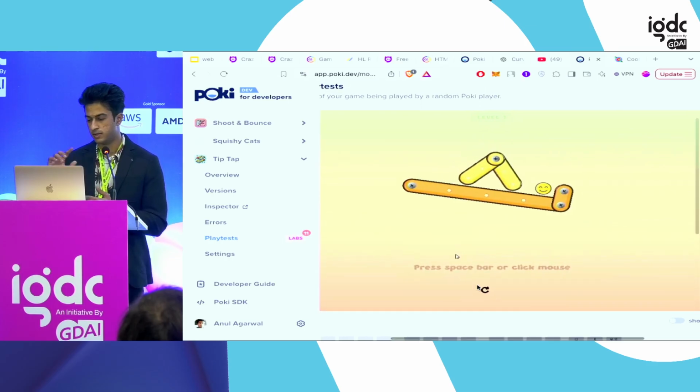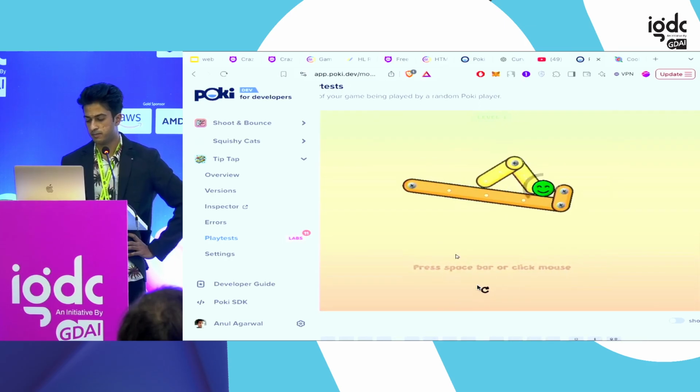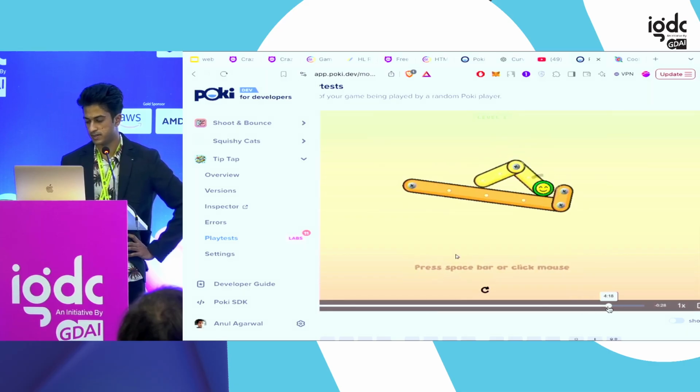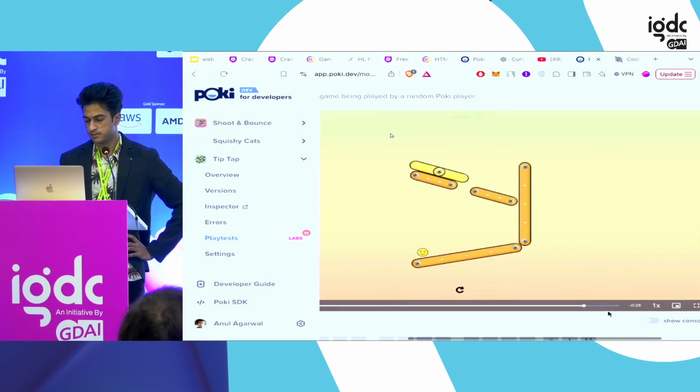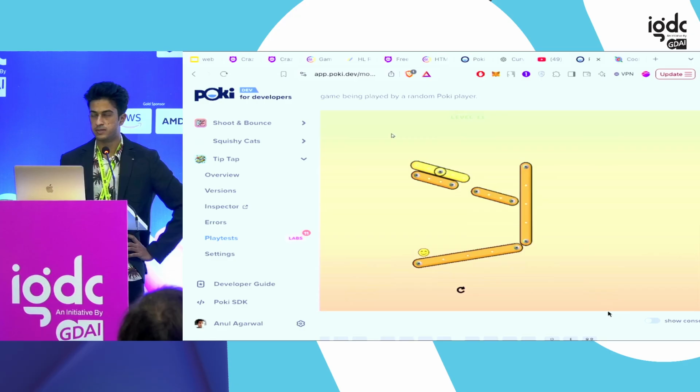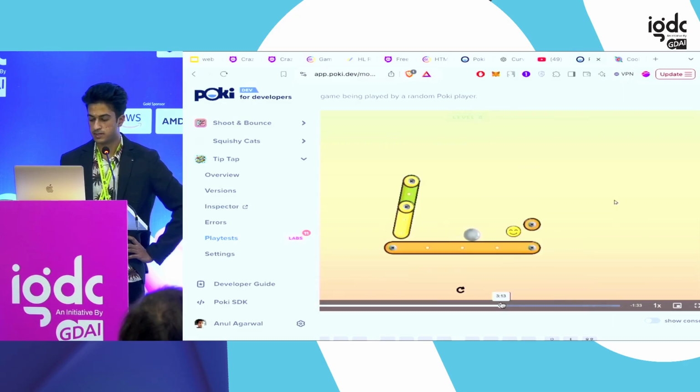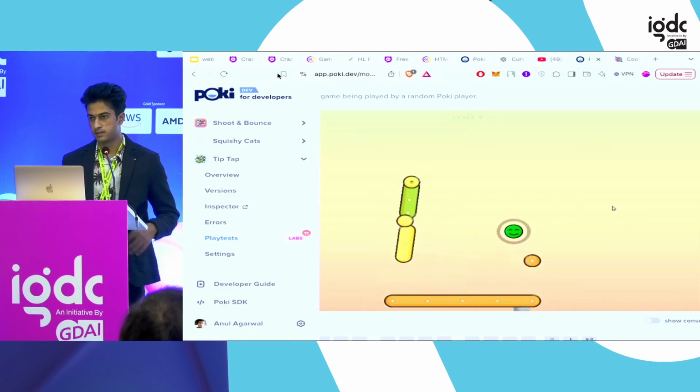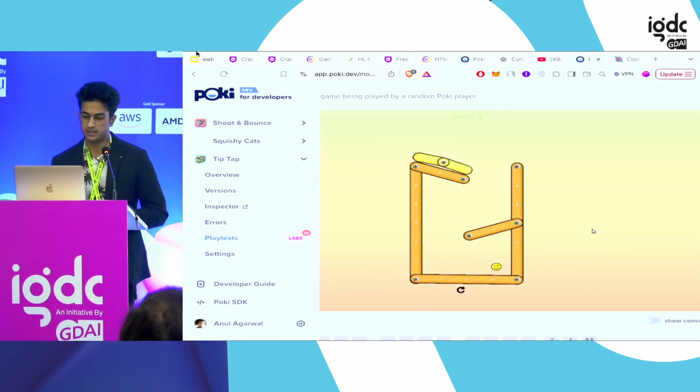So this is like a simple moving game, and you can see where the players are dropping off, what problems they are facing. Maybe there's a lot of players that are not liking level 5, it's too difficult or something, so you can just go through the recordings and be like, okay, this guy is dropping off here, there's some problem in the game. So this can really help you validate ideas in less than a day.